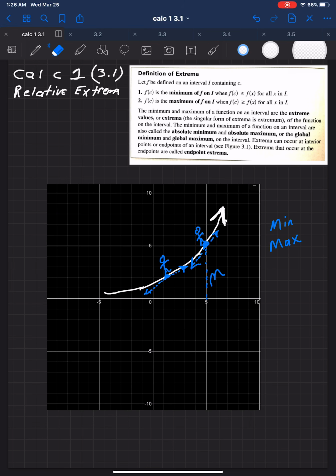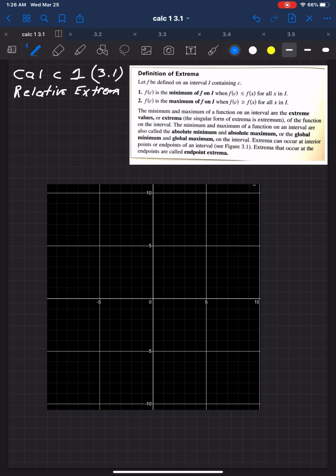All of these are the types of questions that we want to be able to consider. Now, we need to start with some definitions. So let's start with the definition of what we actually mean by a maximum value on a function. Well, I'm going to read it to you, but I'll try to do it in other words. So first off, let f be defined on an interval I